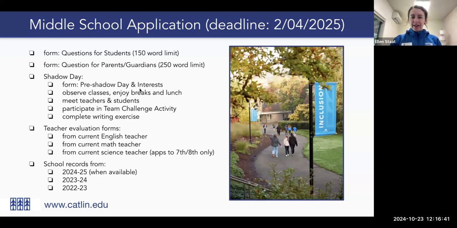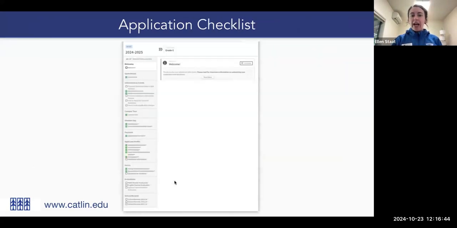And then moving on. Oh, I did want to just give a quick visual. This might look familiar to a lot of you, but if you haven't started an application yet in our admissions portal, this is what it looks like. And you can see on the left side of the screen, there's a checklist. So all of the things that I've mentioned in previous slides, you go through, and as you complete each thing, it gets marked off. Anything with a red asterisk next to it is required. And then we also have other things that you can complete as options that are resources to families, like attending events or different things like that. And that is all on your application checklist.